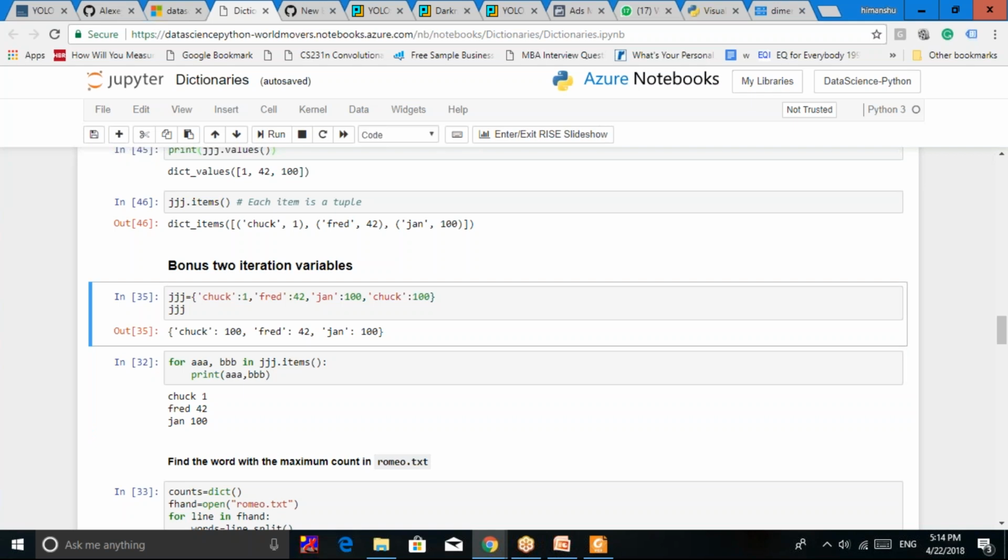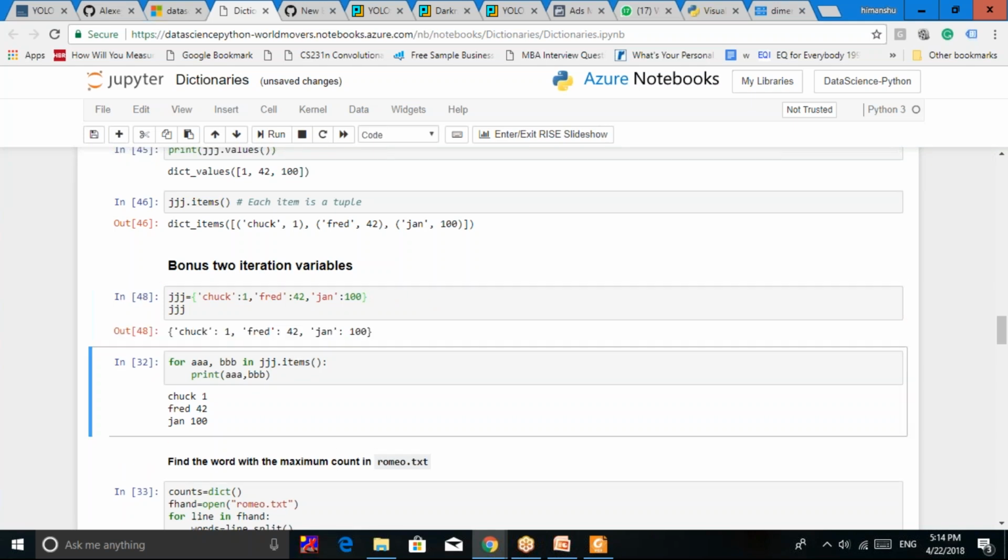So there's a dictionary, this one, right? Chuck, Fred, Jan. I've overwritten it, that's okay. I will just remove it, it's better to remove this. Okay, that's my dictionary. Now what I'm doing is I can loop across both the things,